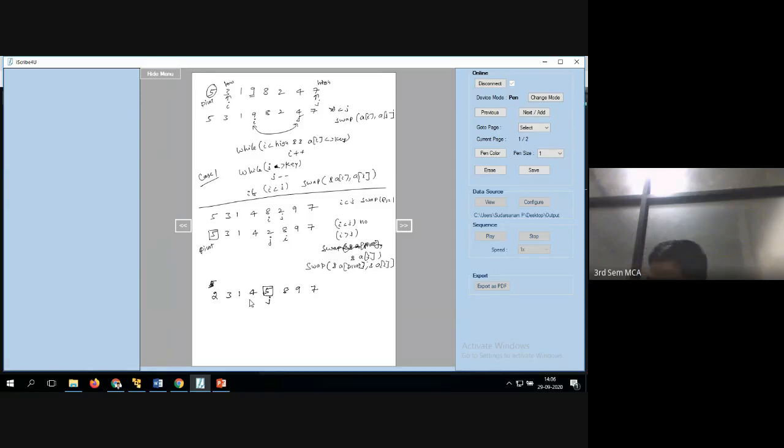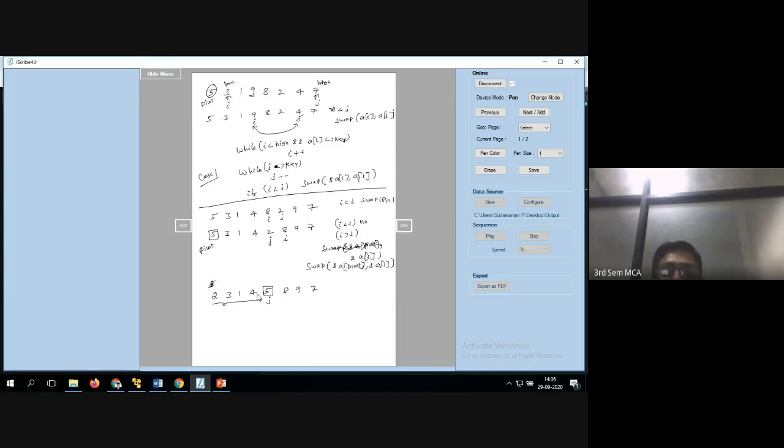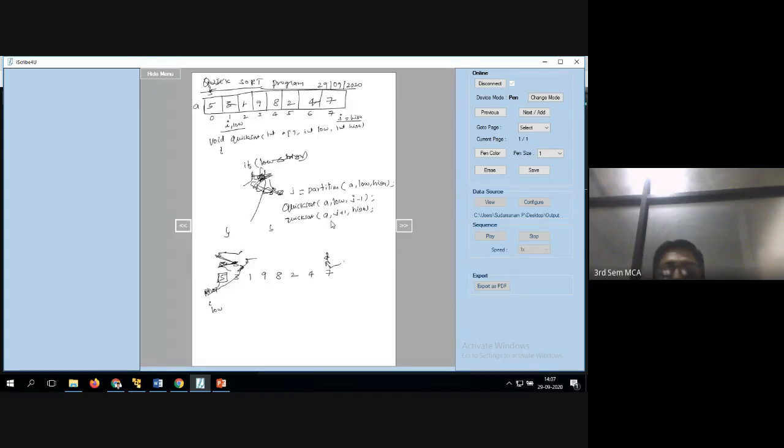Now what will happen? Now you have to call this function. How to call it: a, low, j minus 1. This is what the low value and the i value are. Then you take the pivot element, which is different. So j minus 1 means this one. For the next part, the next location, j plus 1, from 8 to 7th you have to do. How to write it is j plus 1 to high. So this is the code.